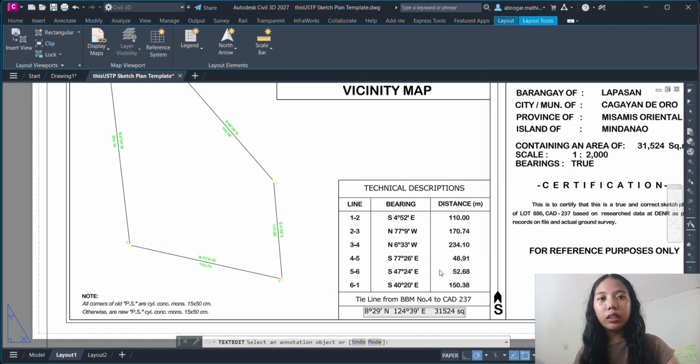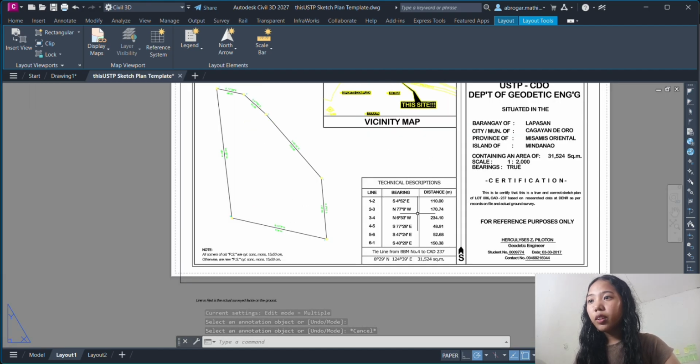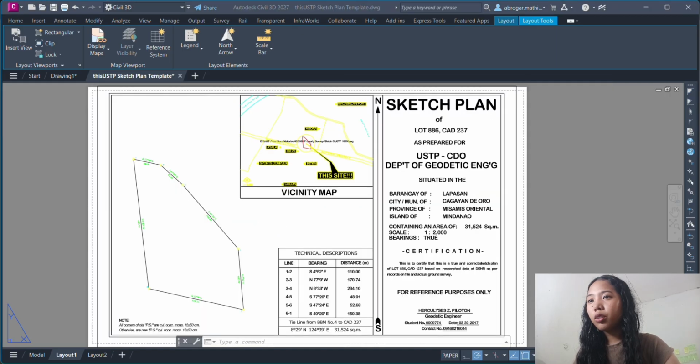Then we did move the last point earlier, so it changed the line, the distance of line 1 to 6. So let's change it to the correct one.